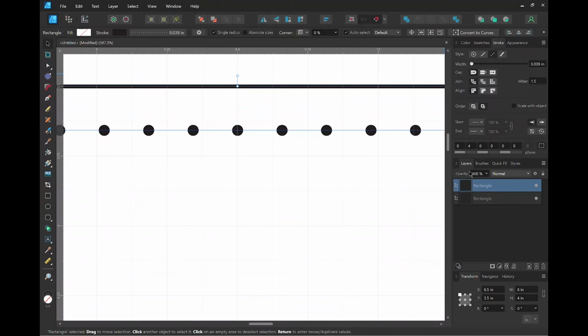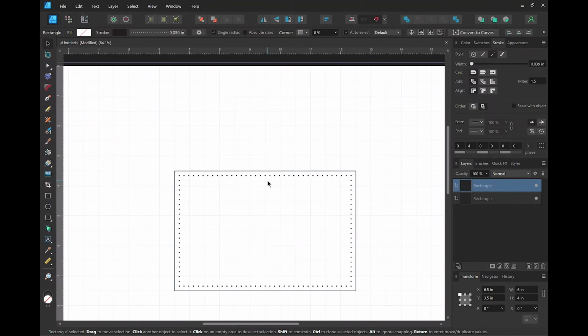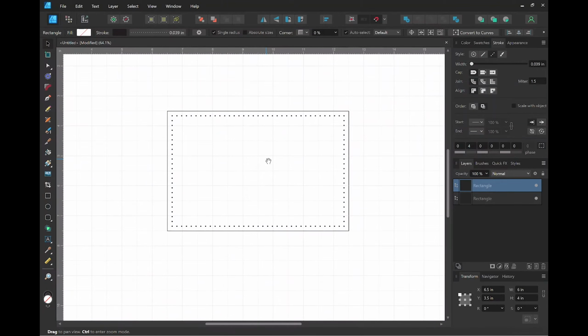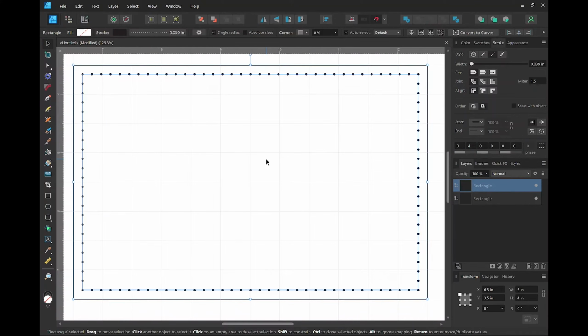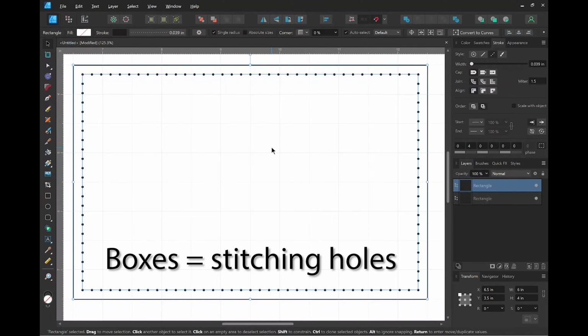So let me go ahead and zoom back and bring this more into the center. I'll go a little closer. There we go. Okay, now we have our stitching line. Now let's go ahead and make sure all these boxes are even, because when you're working with sewing, you want even